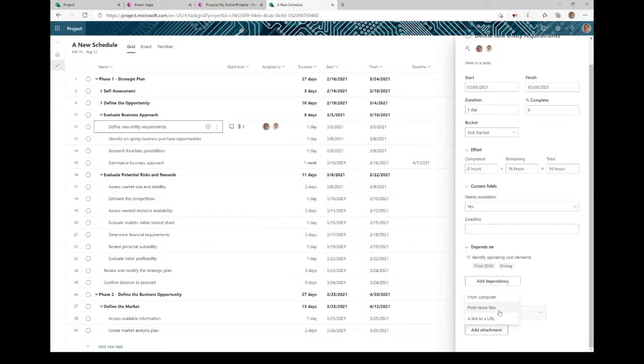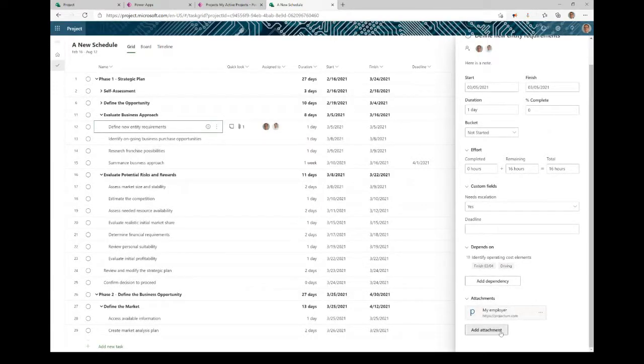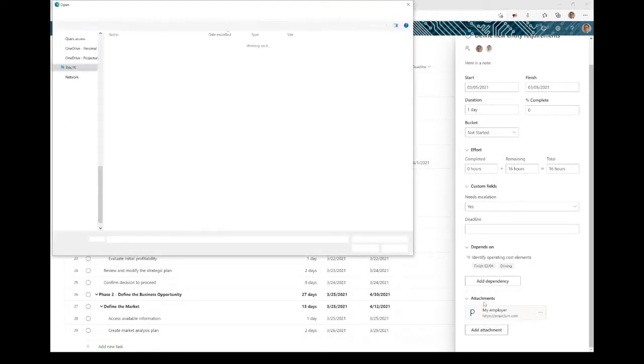Now, Microsoft Teams is an ideal communication platform. We're communicating through Teams now, for instance. If we add documentation to that Teams folder, and at some point in time we want to reference one of those documents to our schedule, then this is the way to go. So from team folders, if we open that up now, it shows us that this folder is empty, which is true, obviously. However, if we open up add attachments again and we click on from computer, we open that up